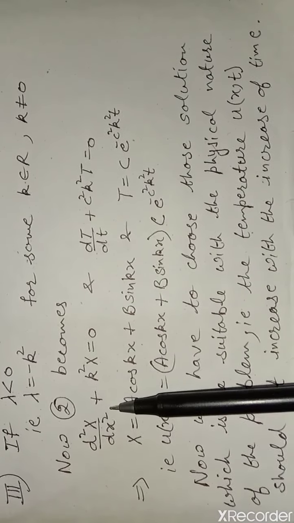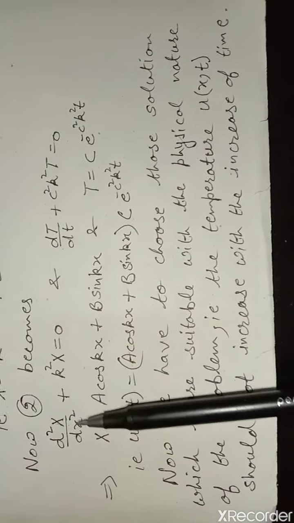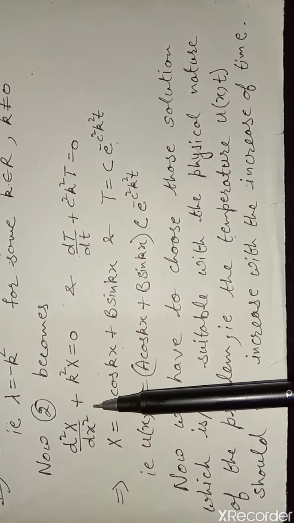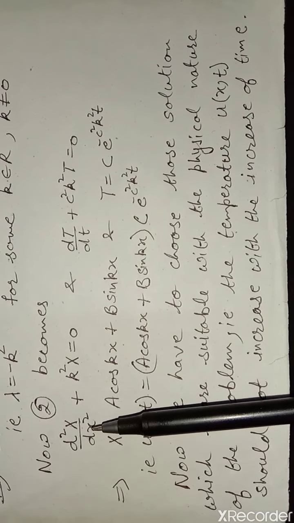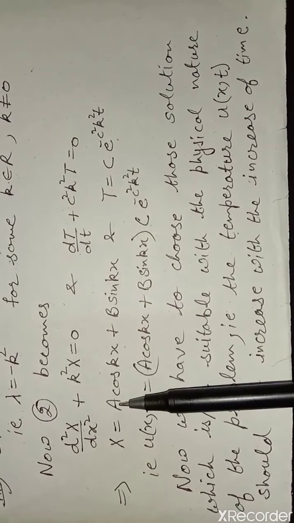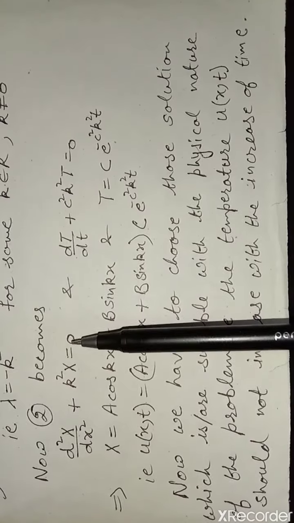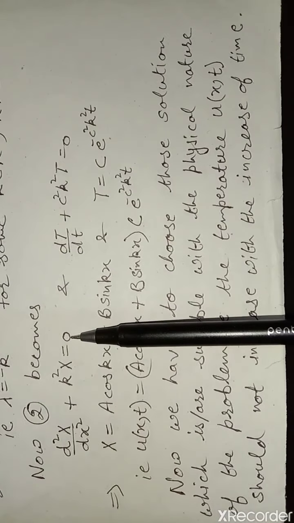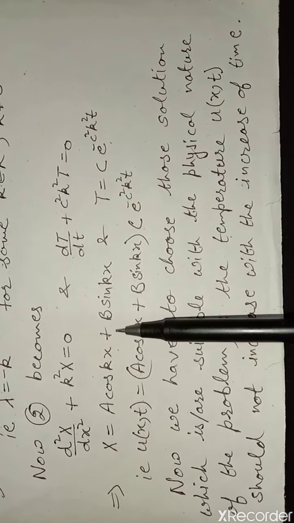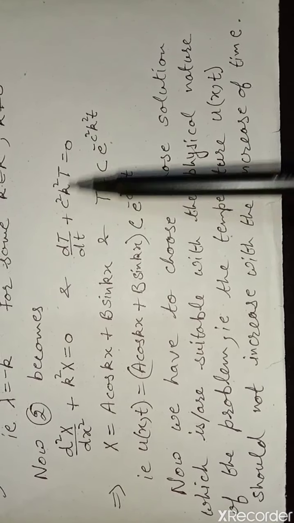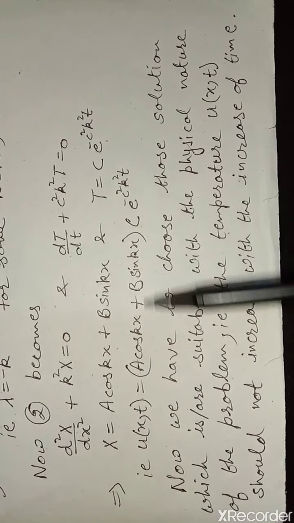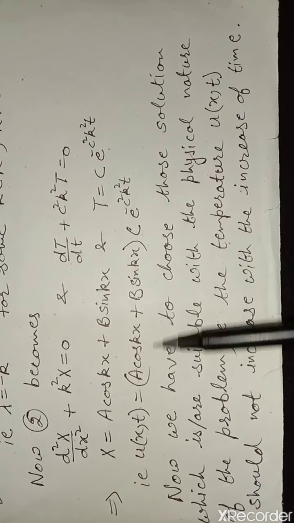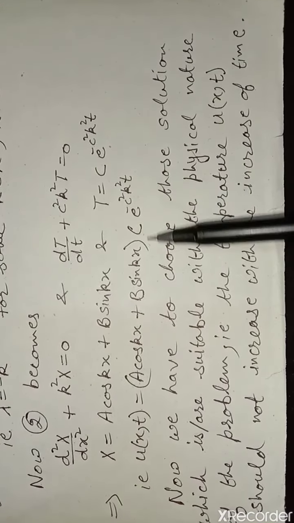So the auxiliary equation from this differential equation, we get D square plus k square is equal to 0, and there are two values of D, plus minus iota k, both are imaginary. So this will be the complementary function. Again the right hand side is 0 here, so the particular integral part is 0. So X is this, and from this differential equation we get T is nothing but this, and u is the product of again capital X and capital T.